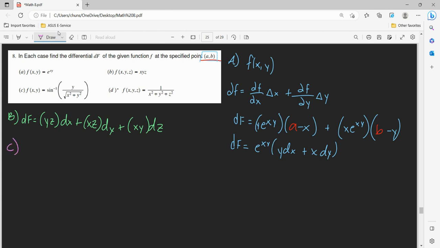Let's do part C now. Actually, no, I will do part D. I'll have you do part C on your own. So, df is equal to, okay, so this is like saying,